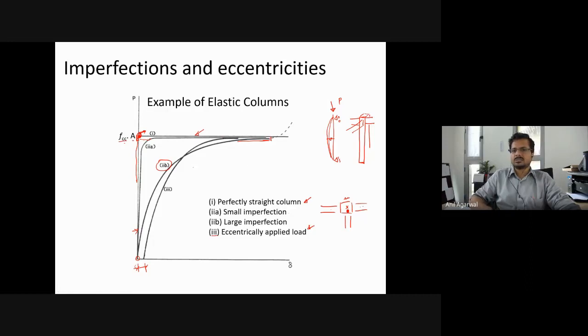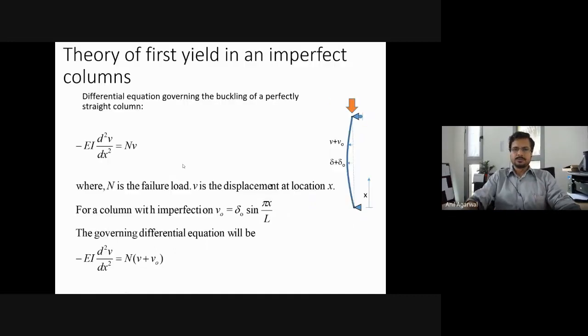Also, even if the maximum load is still very close to it, sometimes the lateral deflection may be so large that you may have to limit the load for that lateral deflection, because the lateral deflection at that limit is very large, and this happens often in slender columns. Okay, so now comes the question of how do we account for the imperfection effect. We have learned one way of accounting for the residual stress effects. How do we account for the imperfection effects?